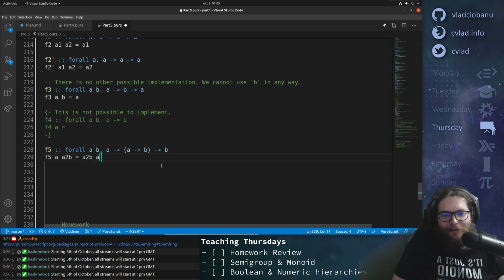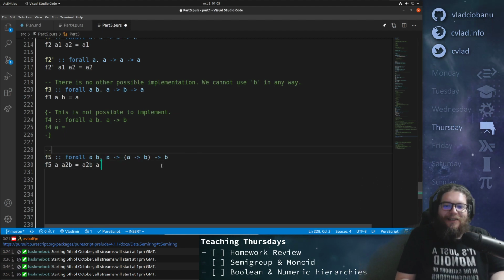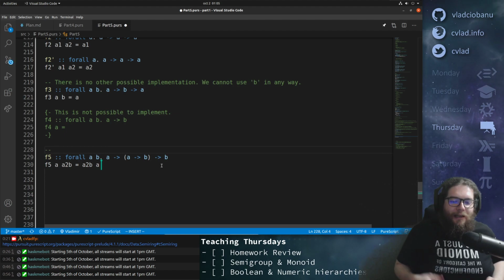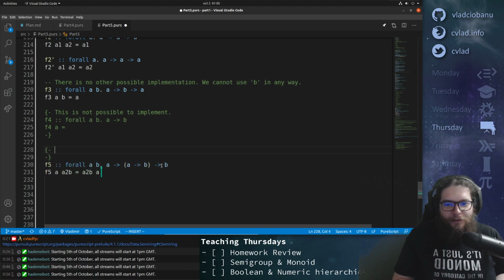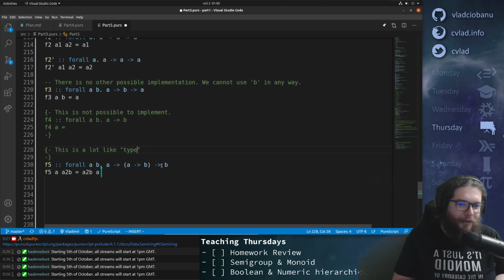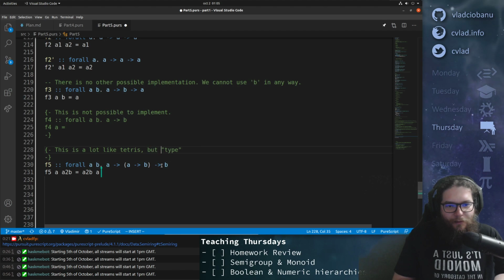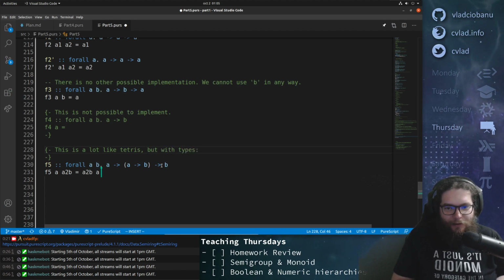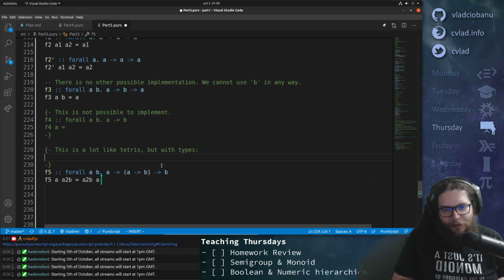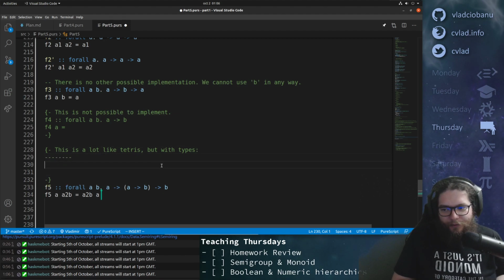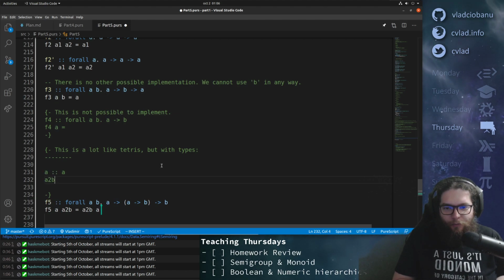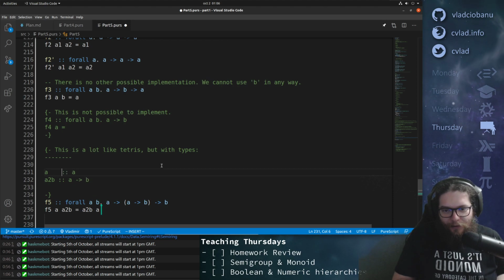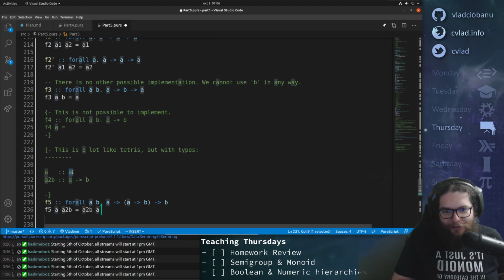Yep. But again, you don't need the parentheses. So you can think of this as type Tetris, right? It's a lot like Tetris, but with types. For example, we have an A of type A, and we have an A to B of type A to B. These are things that exist here that we have, and